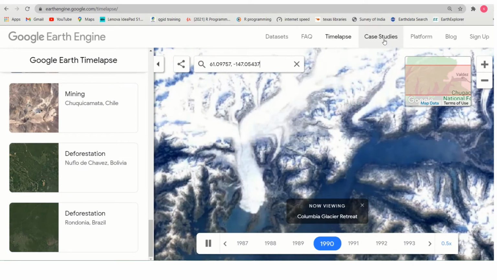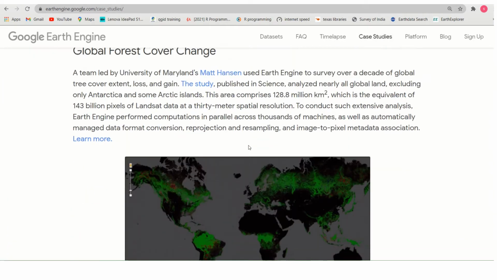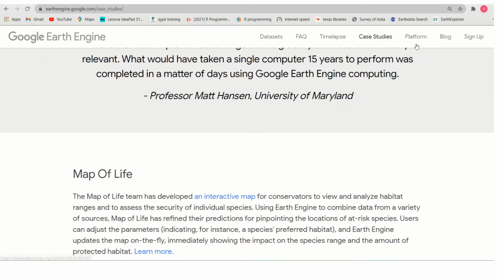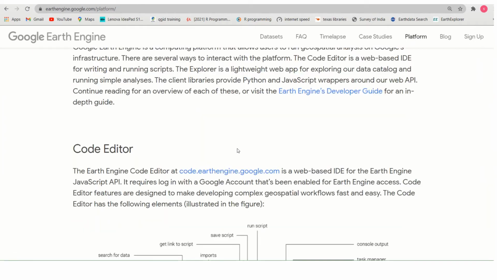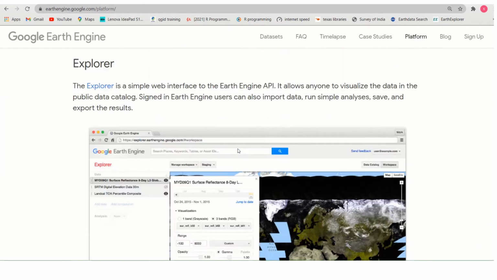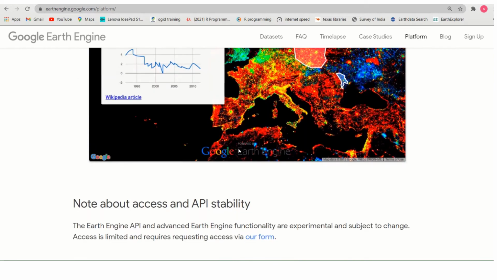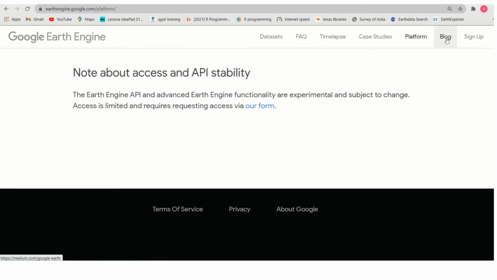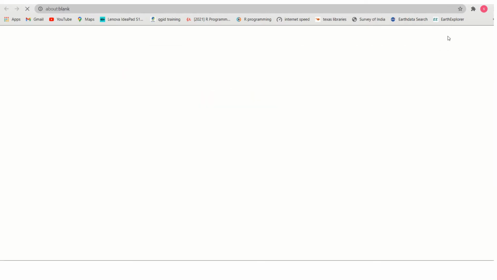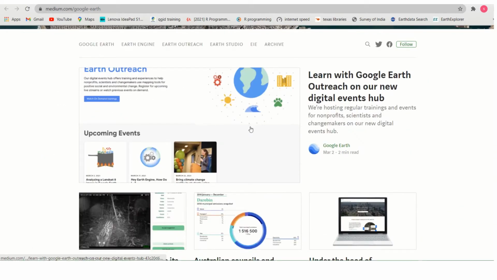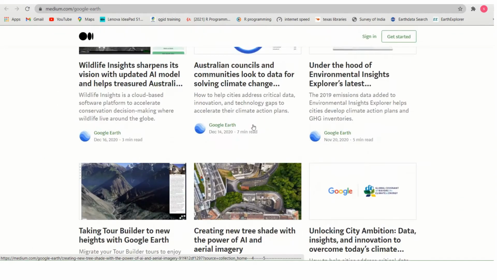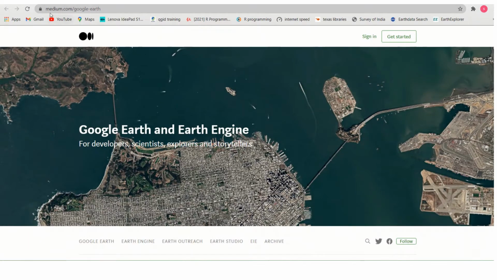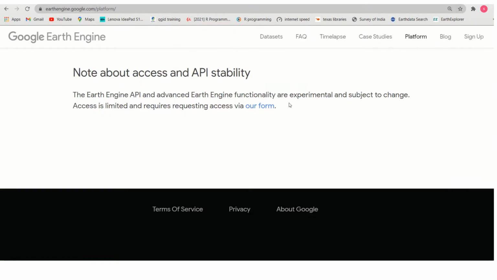Certain case studies are available on this page, and this is a platform where it explains about the Google Earth Engine code page, and this is your blog. Please visit this page so that you will get to know about these things.